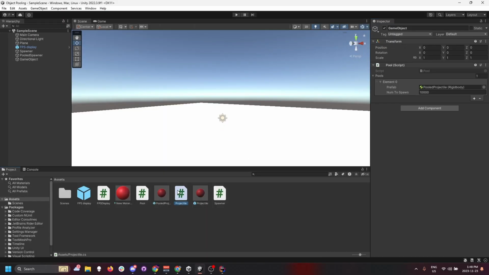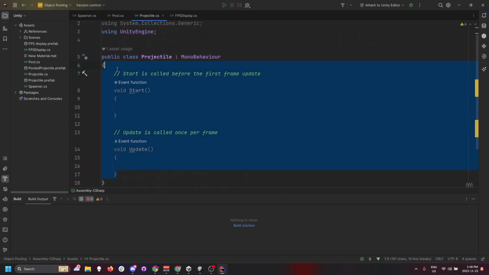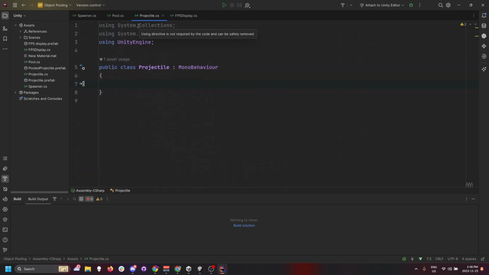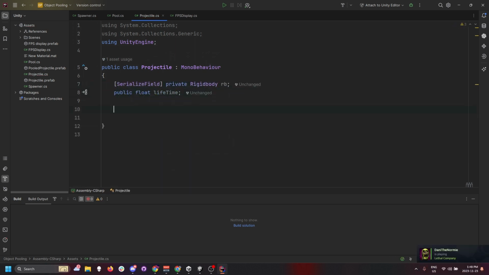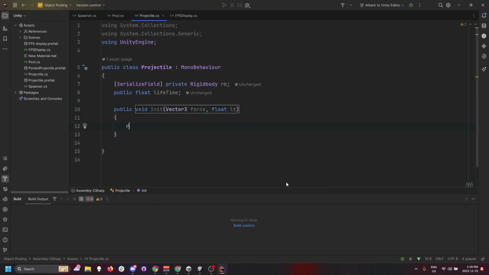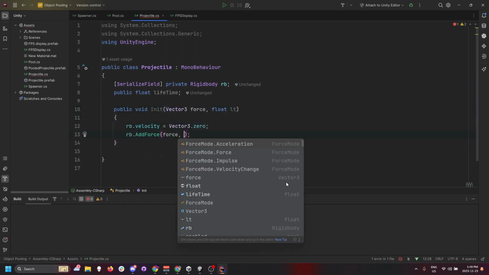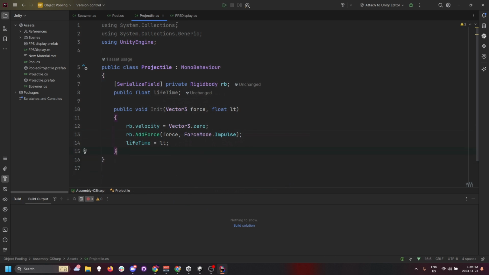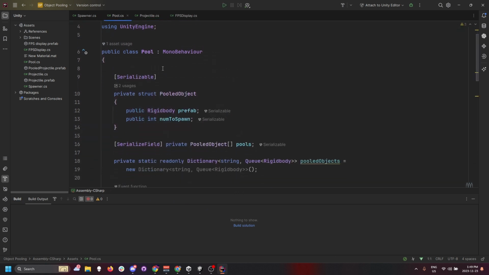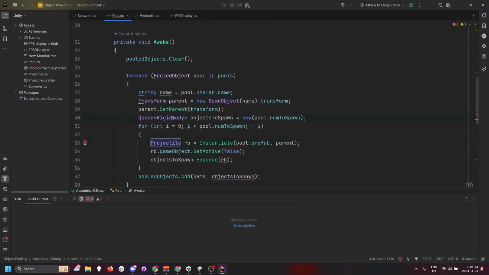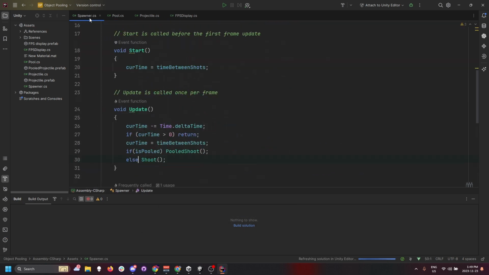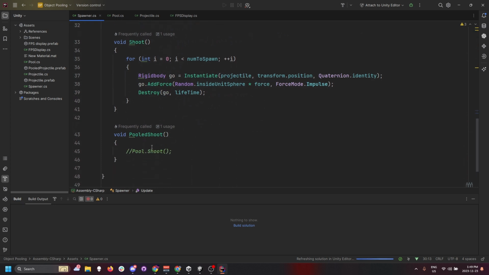Now there's an issue. In our actual projectile script as well, we need to make sure that this is handling all of our object's operations. Let's go to our pool and modify this. Instead of Rigidbody, we're going to spawn Projectiles. There we go, no issues. Back to the spawner, in our pooled object Shoot,